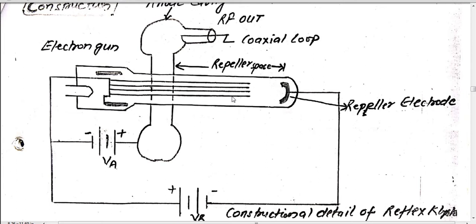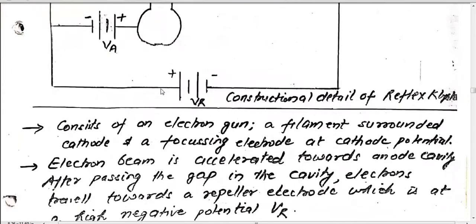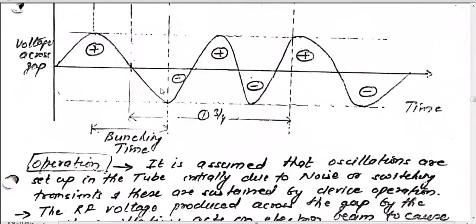So in this case we have three different electrons with different velocities, and due to their different velocities, the penetration depth will be different for each electron. So during the return journey, they will meet here in this gap and they will form a bunch.